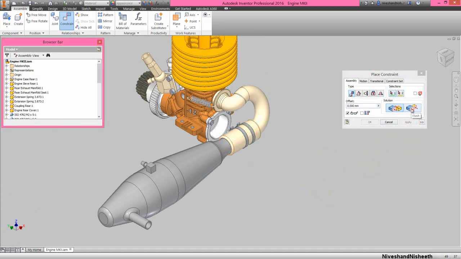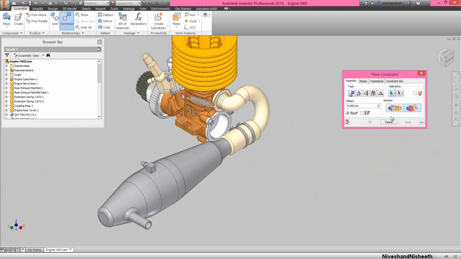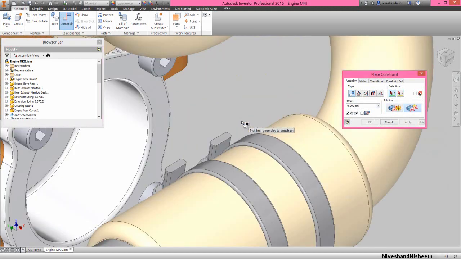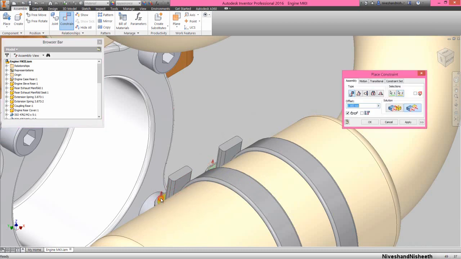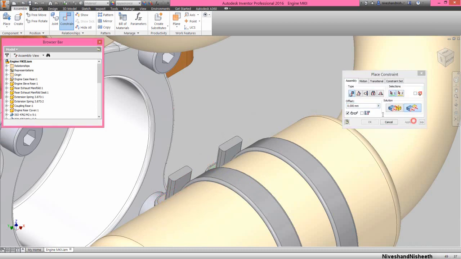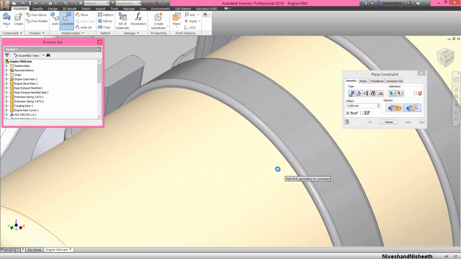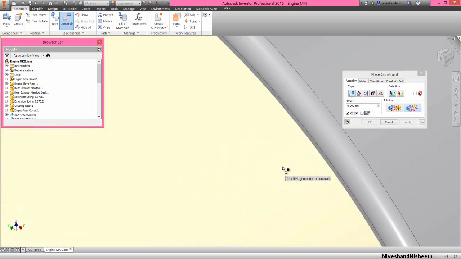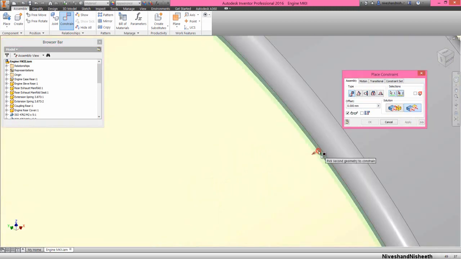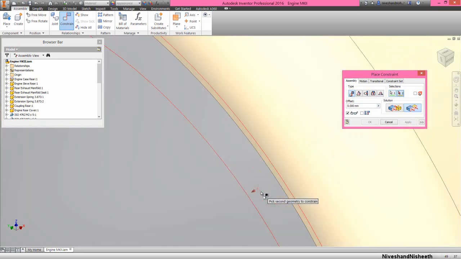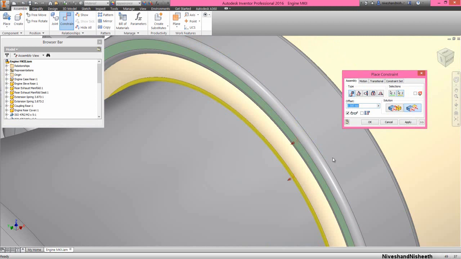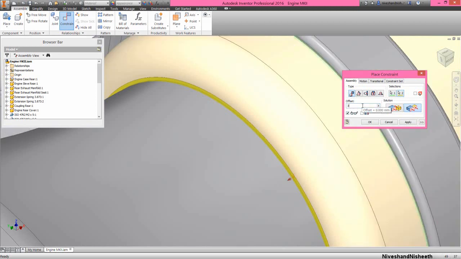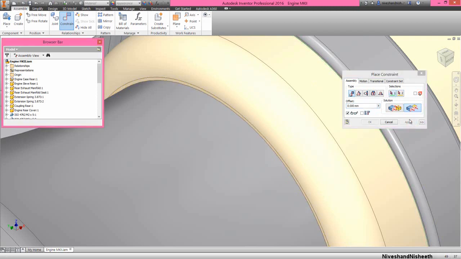Now we will choose a flush mate and select these two faces of the carb zip tie and apply flush mate. Okay, alright. Apply another flush mate between front face of the carb zip tie and coupling rear part. Set the offset distance value 3 mm and click OK.